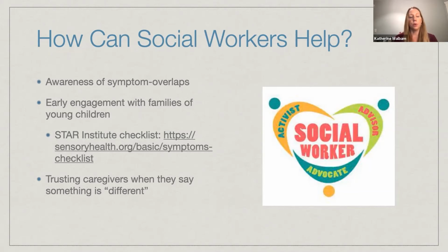I also think it's important for us to be aware of the environments that we're working in, and the ways that those environments can be challenging to people with sensory processing differences. So thinking about where exactly we are: are we having sessions in schools where things feel really busy and overwhelming? Are we working in hospitals that are similarly busy and overwhelming? Can we create environments that work for people with sensory processing differences? And then